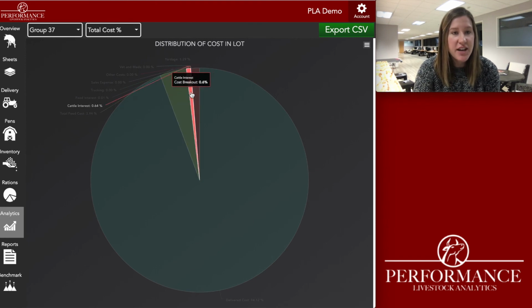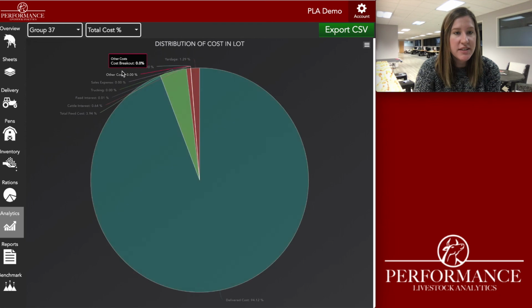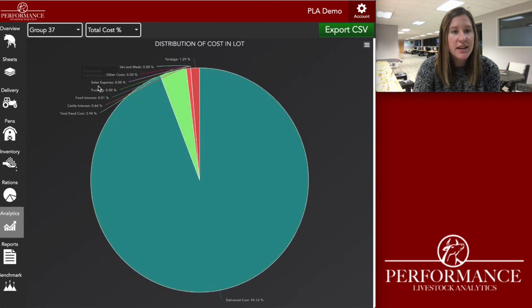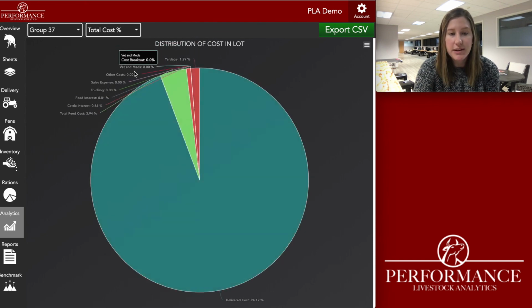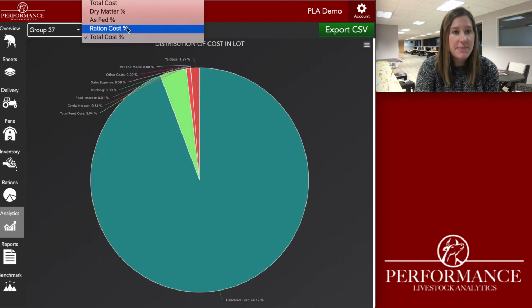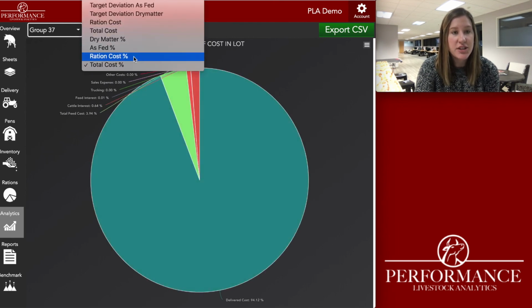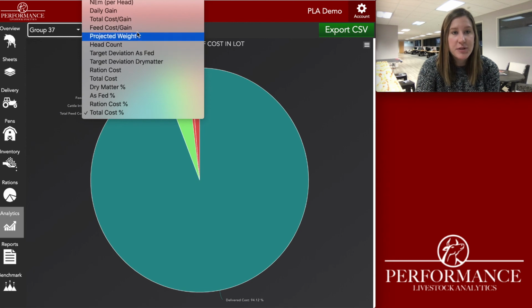So I've got yardage, cattle interest, all of these different breakdowns over here along the top, trucking, sales expenses, vet and med, everything like that is broken down right here in this pie chart. Same thing with, again, your ration costs, your dry matter costs. Showed you all of those